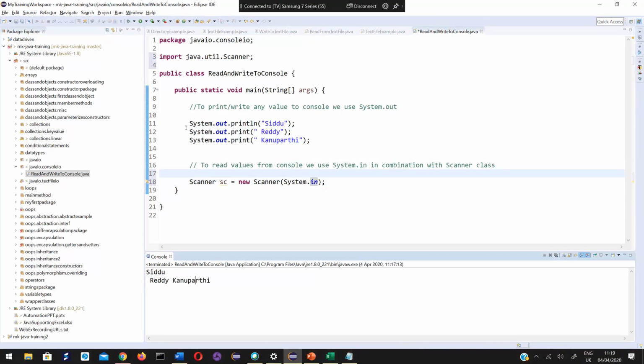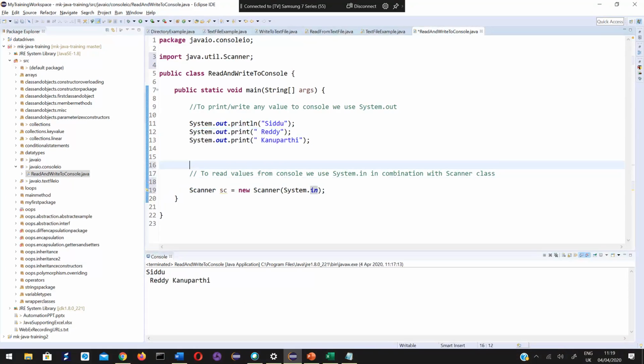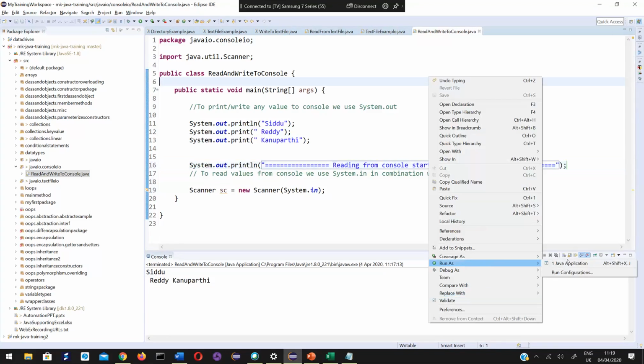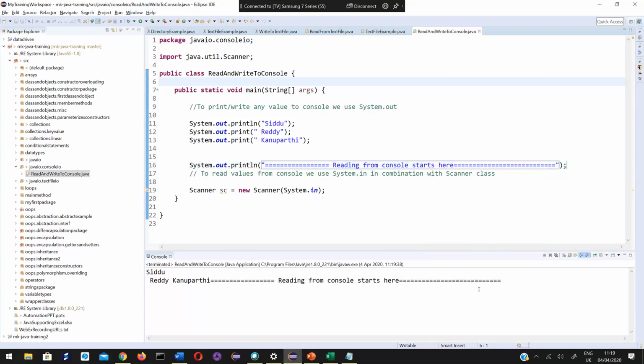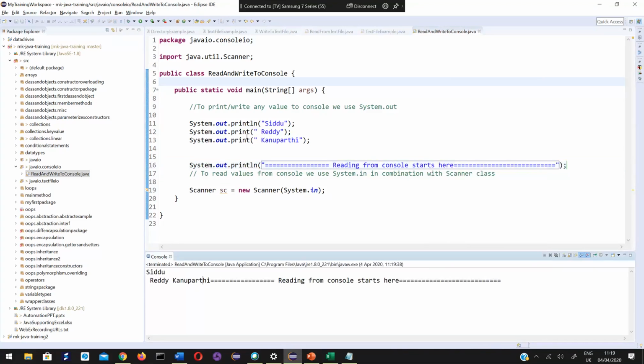These are printed. Reading, the println.